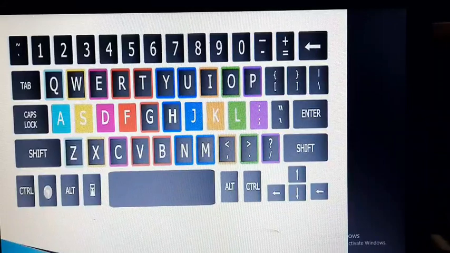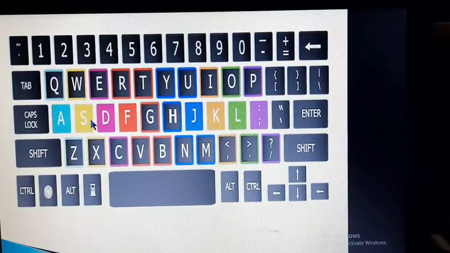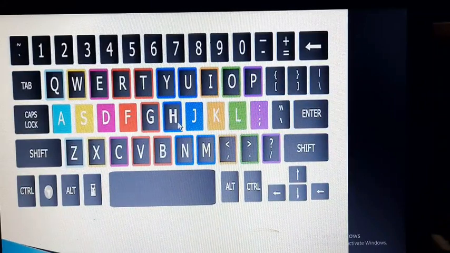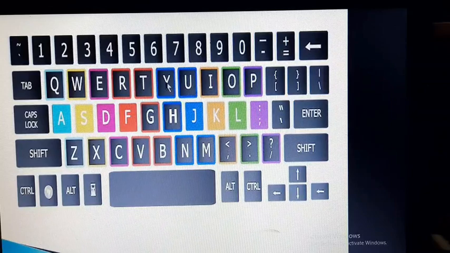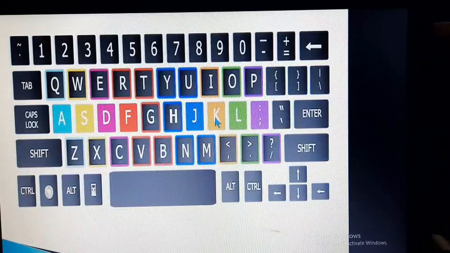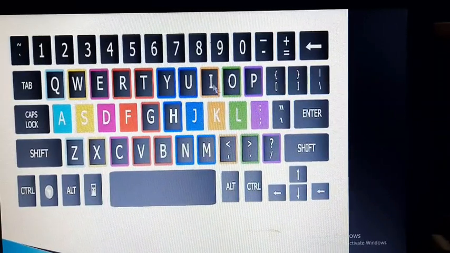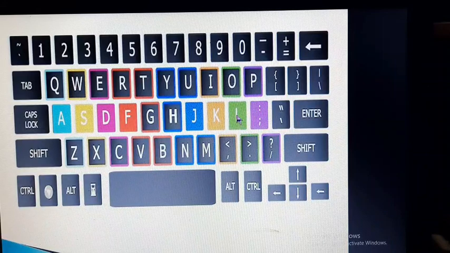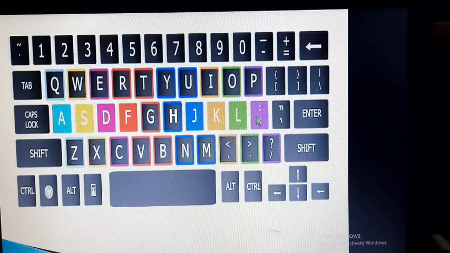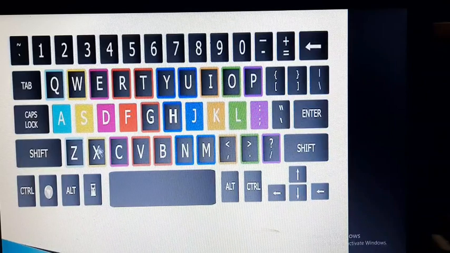Then the right hand index finger is used for Y, U, N and M. The middle finger is K, comma and I. The ring finger is L, O and full stop, and the little finger is semicolon, P and slash.